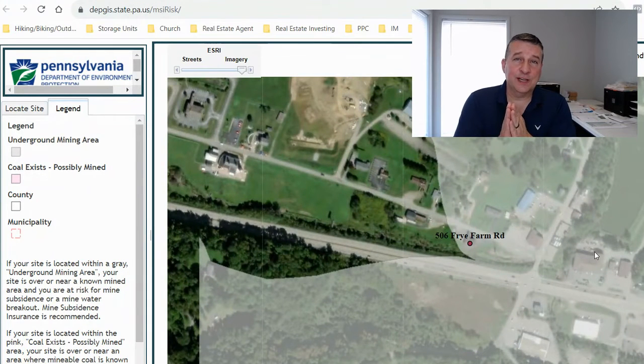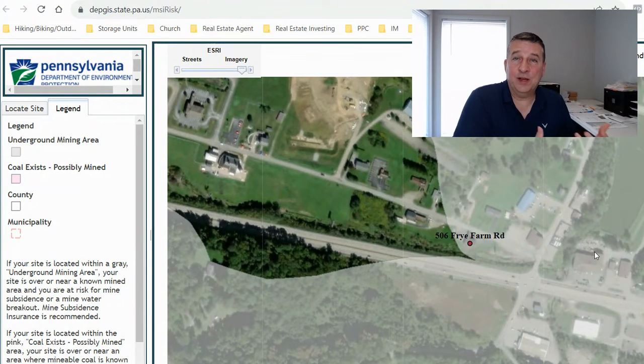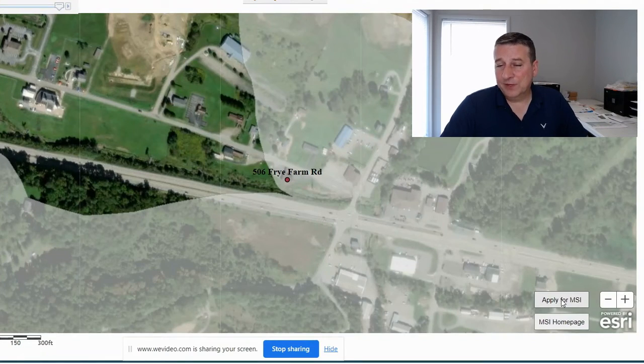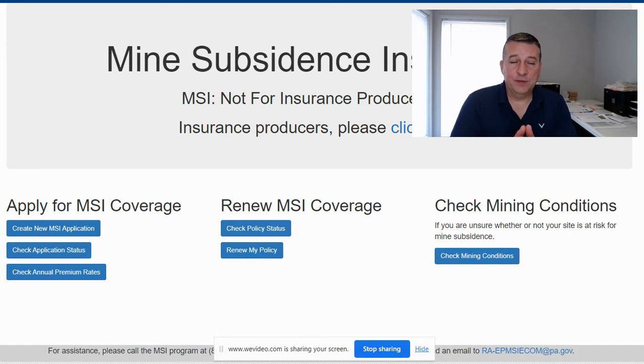Now, let's say that you decide, hey, I think it's risky enough that I would like to apply for this mine insurance. Down here in the lower right hand corner, it says apply for MSI. You click on that, and it will open up the place where you can apply. So you can create a new coverage, or you can renew your policy. It's a very quick, simple, and easy process, and the insurance is very affordable for the amount of coverage that you get. So I strongly want to encourage you, if you're not sure,